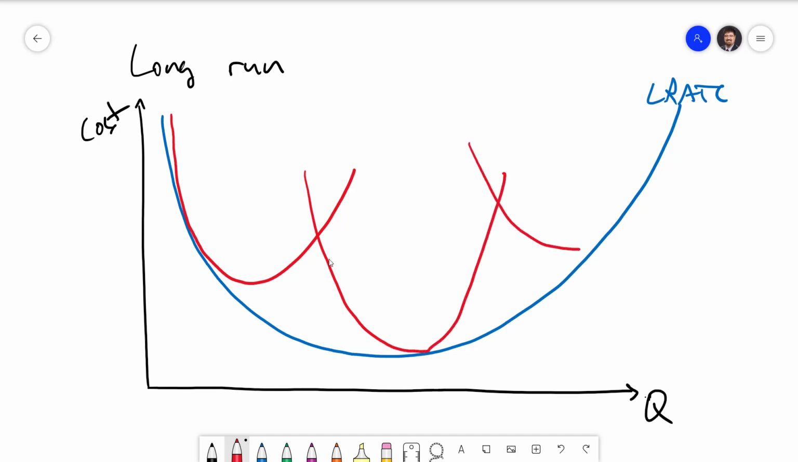each of these short run average total cost curves corresponds with a particular level of capital. This first one I drew has a relatively low K star. The one I drew over here has a relatively high K star, and the one in the middle has a medium level of capital. Each of those levels of capital is the perfect amount of capital for one particular quantity of output. And that is the quantity at which these curves are tangent to the long run average total cost